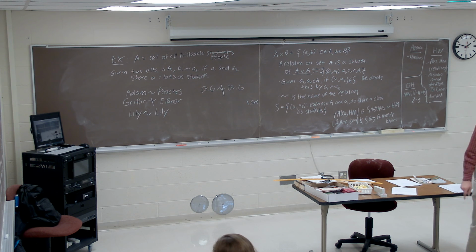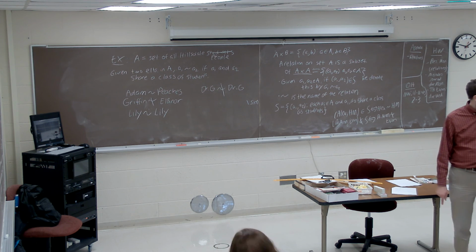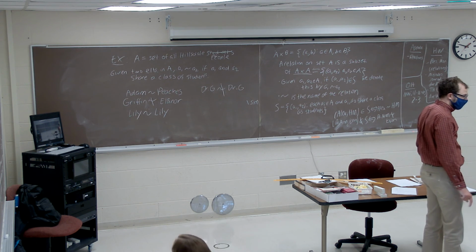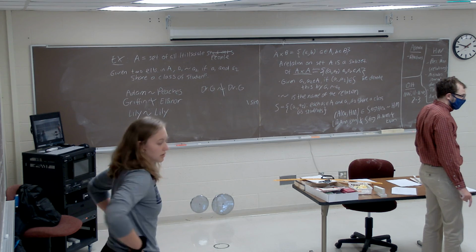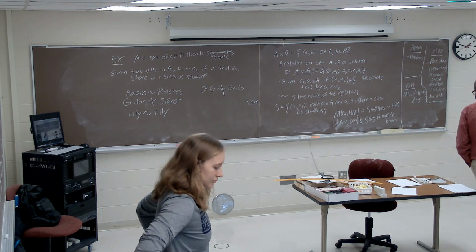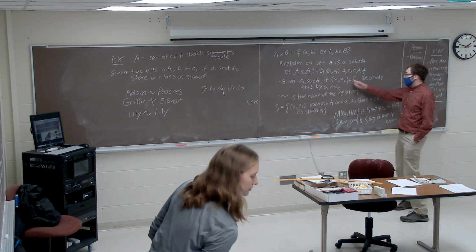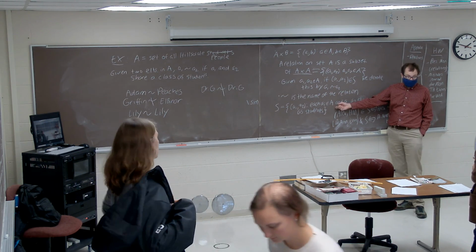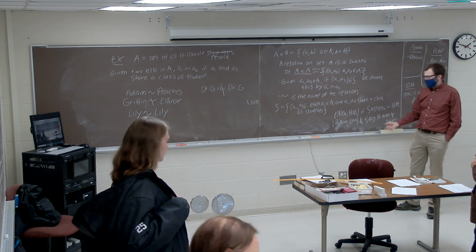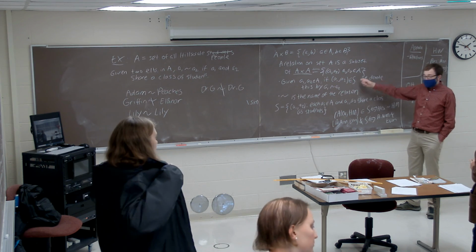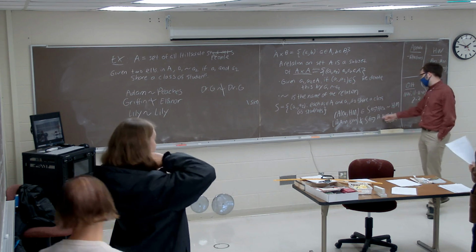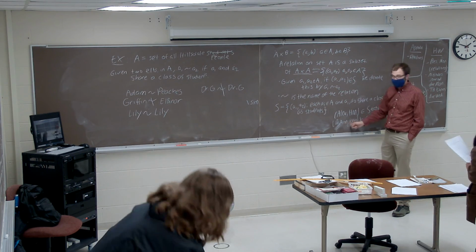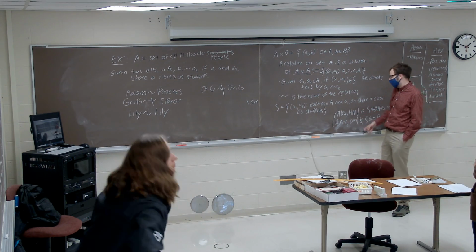I have a question. For A cross A, can we just say the relationship? No, because not every element equals A cross A. Here, F would be a subset of A cross A, because every element in F is an element in A cross A. But there are some elements in A cross A that would not be in F, like Dr. R and Evan, both elements in A, but not in F